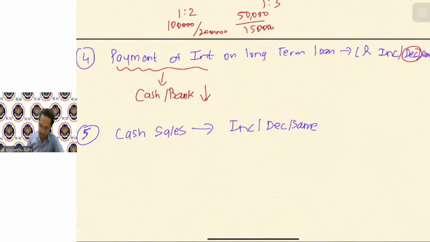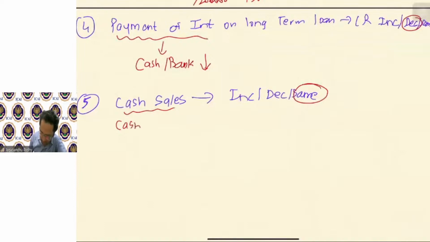Increase, decrease, or same? Well, over here, the answer will be same, guys, because when you have cash sales, your cash balance will increase, but stock balance will decrease, right? Because you need to remove the inventory from the balance sheet once it is sold. Cash balance will increase and stock balance will decrease. So ideally, it should be remaining same, or if it is sold at cost, because here you need to check